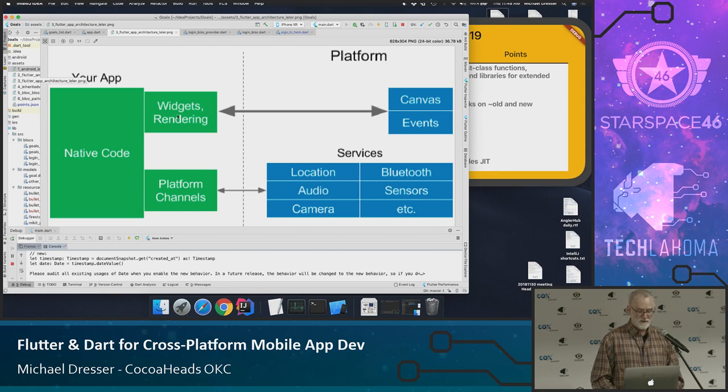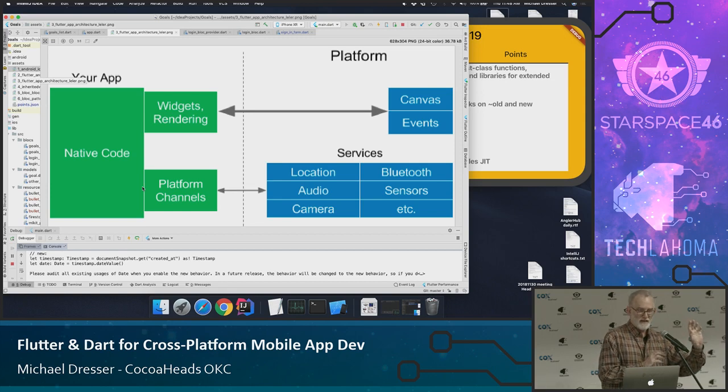In order to do the drawing, then obviously it's just drawing on the platform's canvas, which also provides events. But in order to get to the services like camera and other sensors, then you have to go through platform channels. And basically then on the app side, you're writing in Dart.